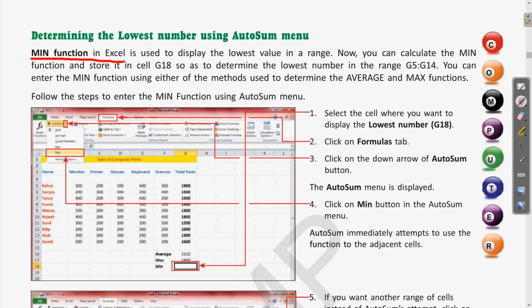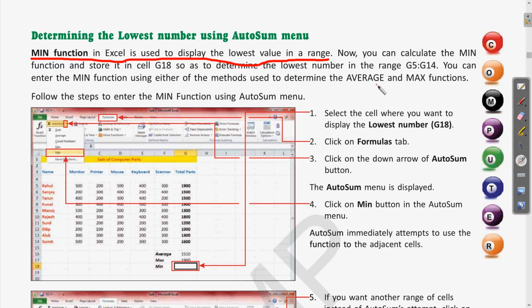The min function in Excel is used to display the lowest value in a range. Now you can calculate the min function and store it in cell G18 so as to determine the lowest number in the range, G5 to G14. Clear? So wherever we want to find the minimum, we can select that range and get the value.